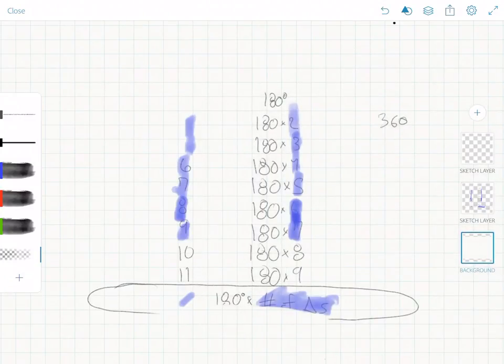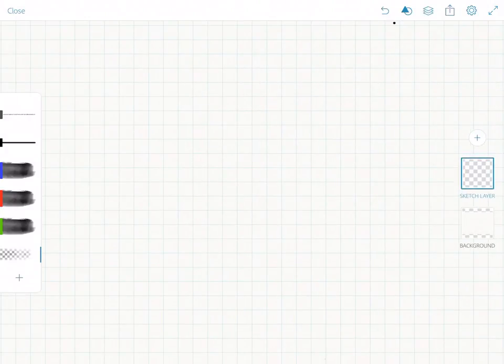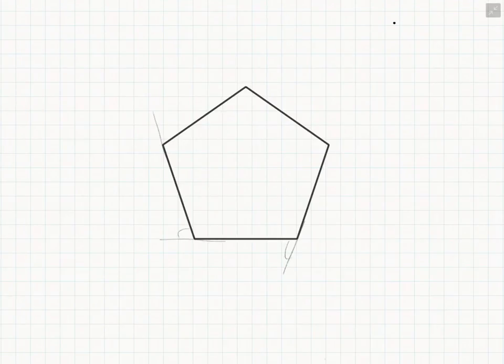So recall, when we did the exterior angle, the way we found that is we said we can extend these lines, and every line adds up to 180 degrees. So what I've really got are a number of 180 degree lines times the number of sides. So if it was a 5-sided shape, then it had 5 exterior angles, and we just did 180 degrees times 5,